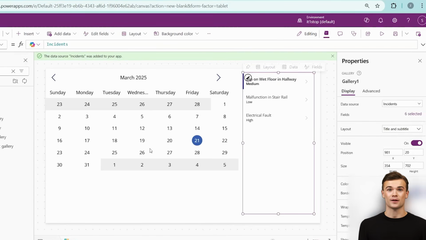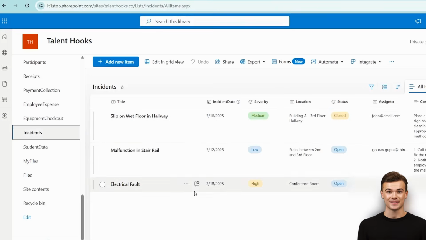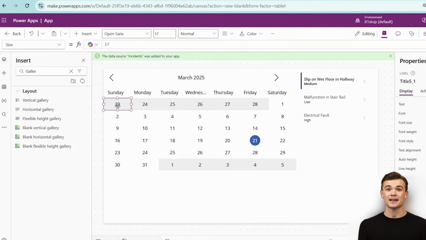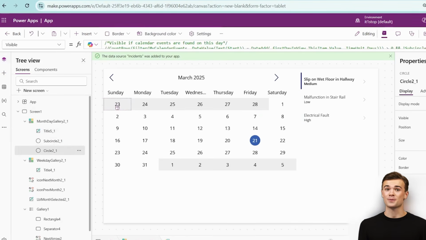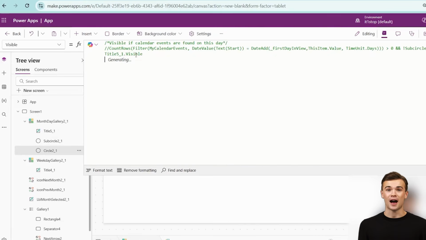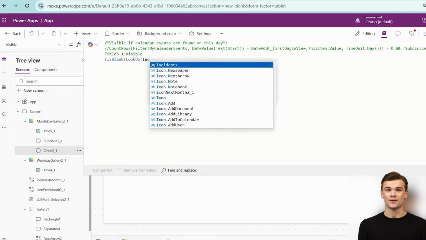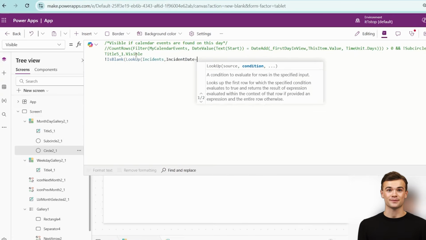Now, in the calendar, we need to show these incident dates. For that, we will simply click here, and in the circle, in the Visible property, we will write Not IsBlank(LookUp(Incidents, IncidentDate is equal to